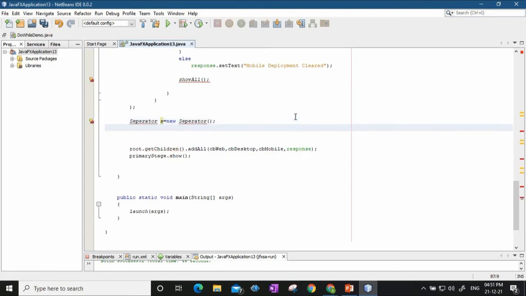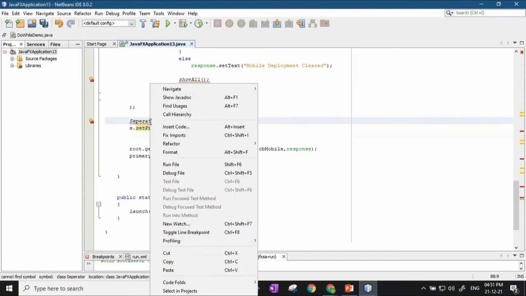Fine. And then I will say s dot set preferred width. This is a method to specify how many pixels of width you want for that horizontal line. So let's say 200 pixels. Set preferred width is 200 pixels.